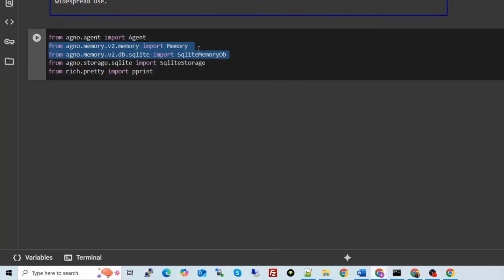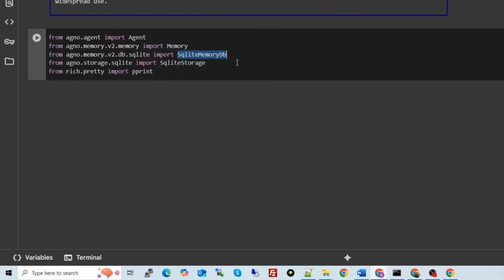Now let's understand them. After every message which the user types, this memory will extract the important information about the user. Then that extracted information will be stored in the SQLite memory DB. Now what is the SQLite memory DB? You have heard about SQLite. SQLite is a lightweight and open source database, right?